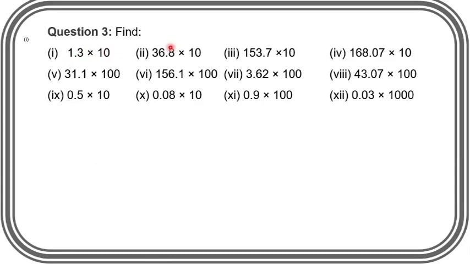See, in the first four we have to multiply with 10. Here in the 5th, 6th, 7th and 8th parts we have to multiply with 100. In the 9th and 10th also we have to multiply with 10, the 11th question with 100, and the 12th question with 1000. So all these questions look similar to each other. We will not solve all the parts, only some, and the remaining parts you have to solve by yourself.